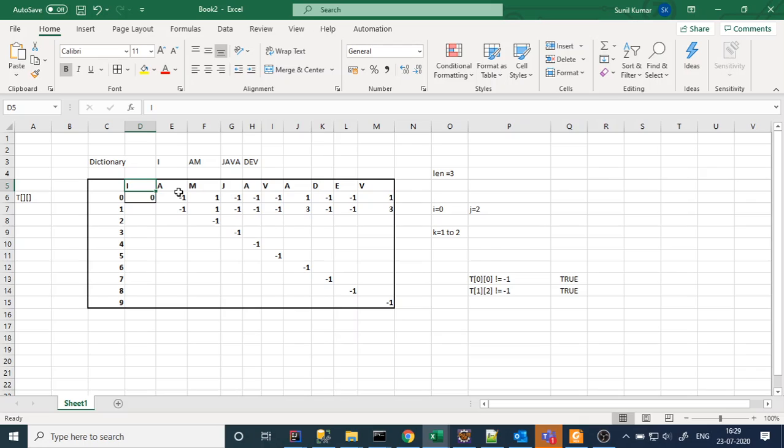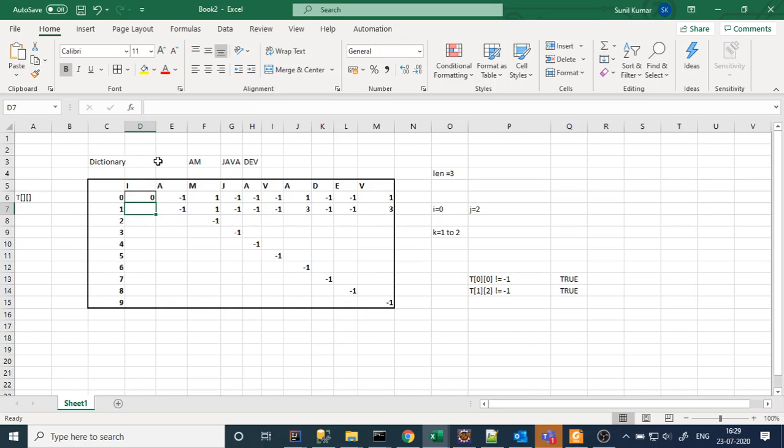Here basically the length is 10. So I just created a 10 by 10 two-dimensional array, and initially all the cell values I am initializing to minus 1.